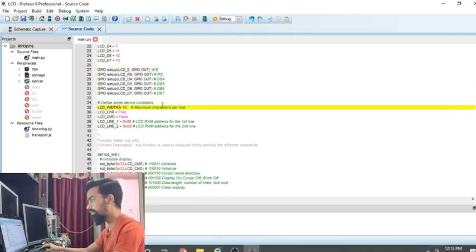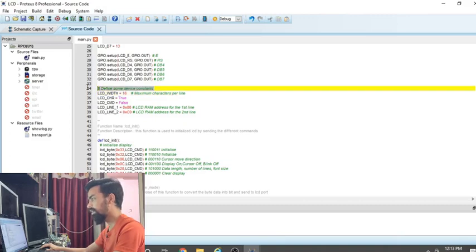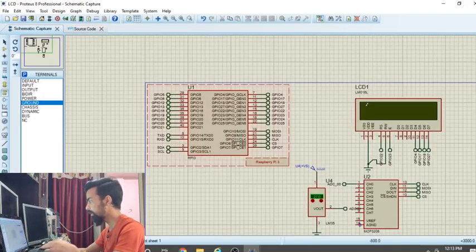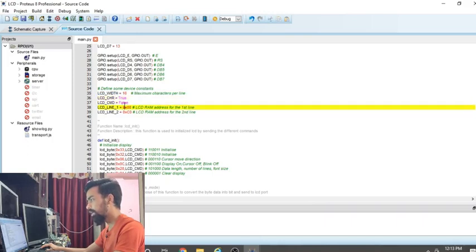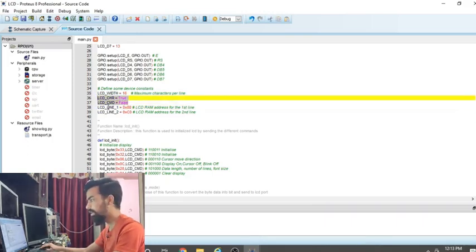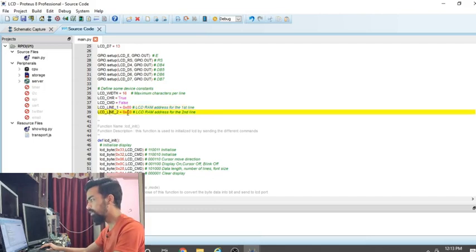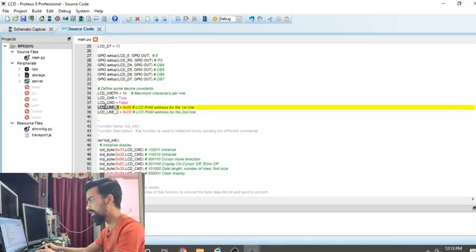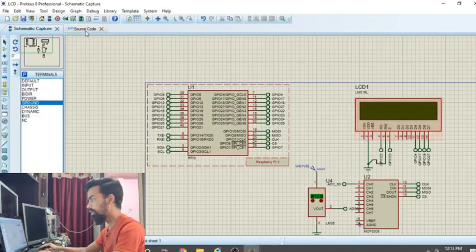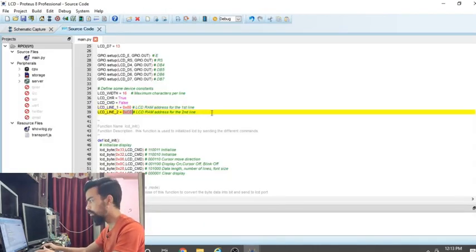So next part is to define some devices, like what is the length of your LCD, that is 16 by 2 LCD. So we have selected the LCD width as 16. Then character to LCD command is called. We will see the use of this variable later. Then line number 1 is 80, line number 2 is C0. If you want to send a signal to the LCD on the first line, since it is 16 by 2 there are two rows, first row and second row. If you want to send to the first row, you can use this syntax LCD 80, and if you want to send a message on the second row, you can send C0. We will see later what is the use of this variable.